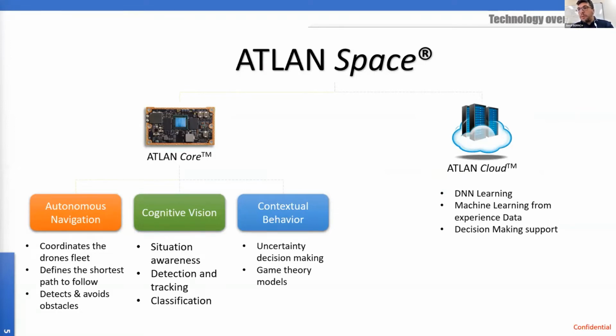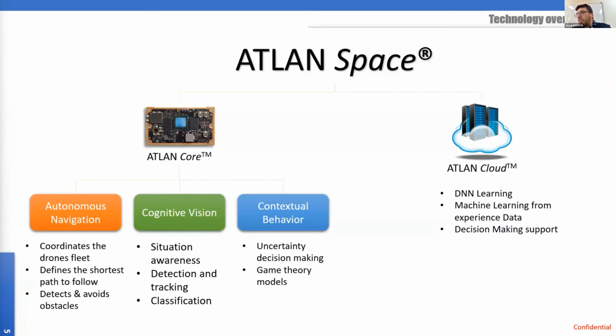We have two components. One component is embedded inside the drones, and it's called Atlan Core. This is a first step of artificial intelligence that we give our drones. Now we have autonomous drones that can take decisions, that can plan their own missions and take decisions. And we have an Atlan Cloud. This is a data center calculator that is used for computer vision and for operations that take a lot of